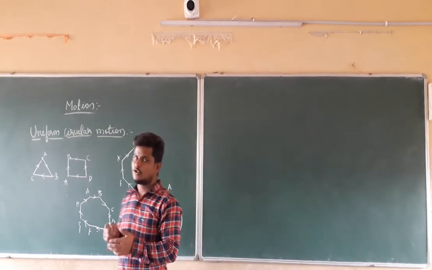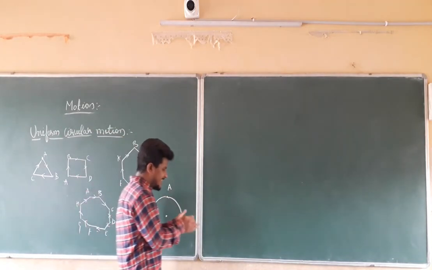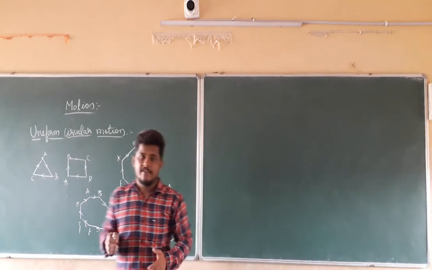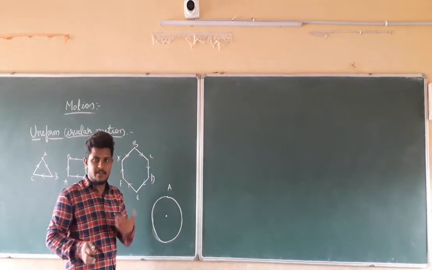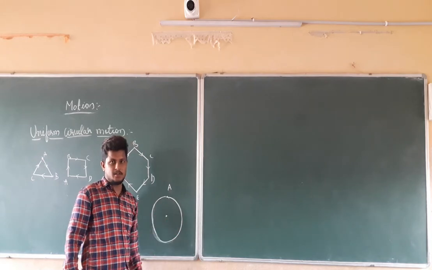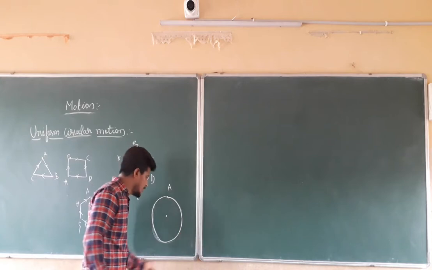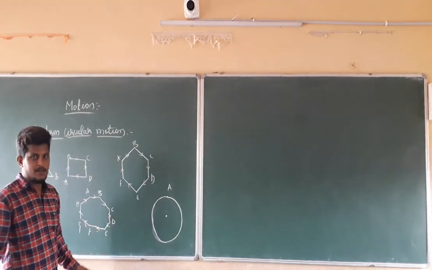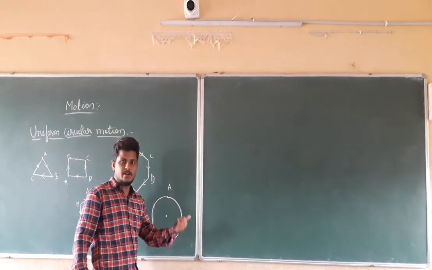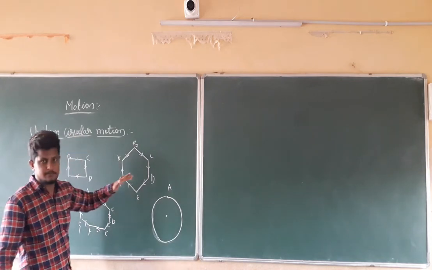If he is traveling in a circular path, that is nothing but a circular boundary, you have to continuously change his direction like this. If it is moving at uniform speed, the change in the direction is not going to affect its speed. So when a circular motion is happening, an object in circular motion with uniform speed is getting accelerated and moving with uniform speed. This motion is known as uniform circular motion.